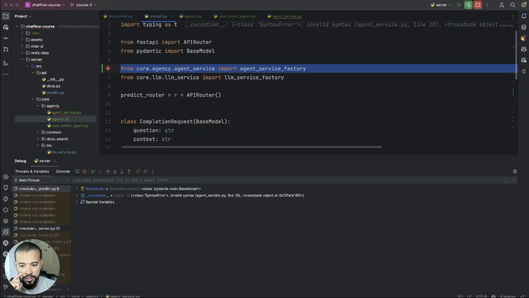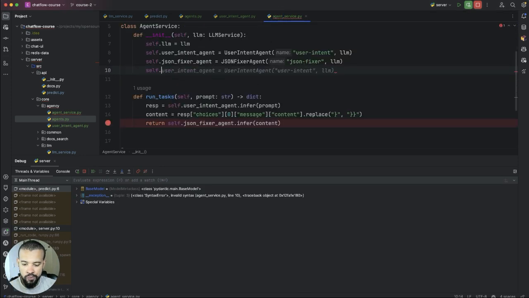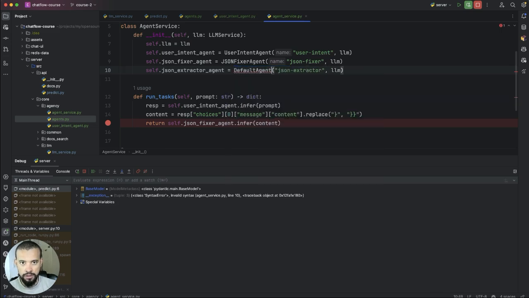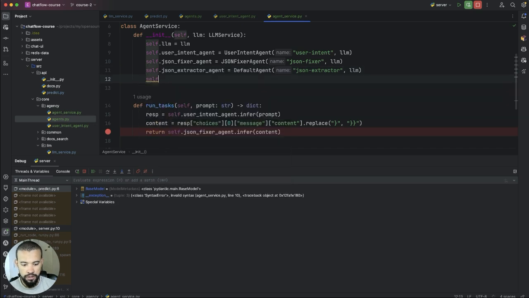No, it would be basically a cells JSON struct. And this would be a default agent, JSON structure, and we're gonna say self JSON